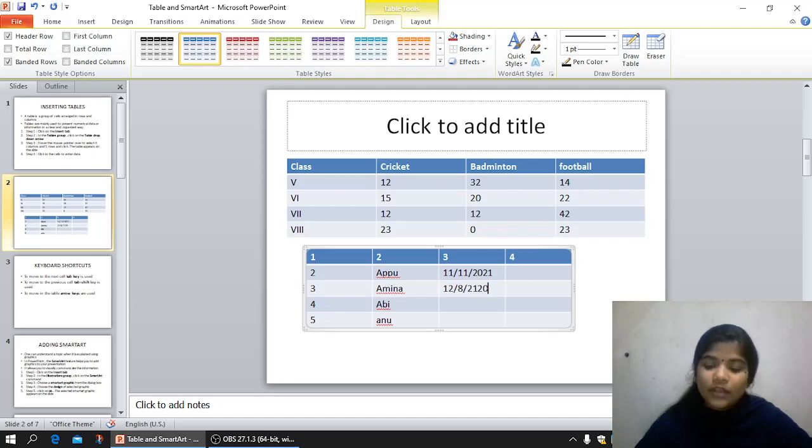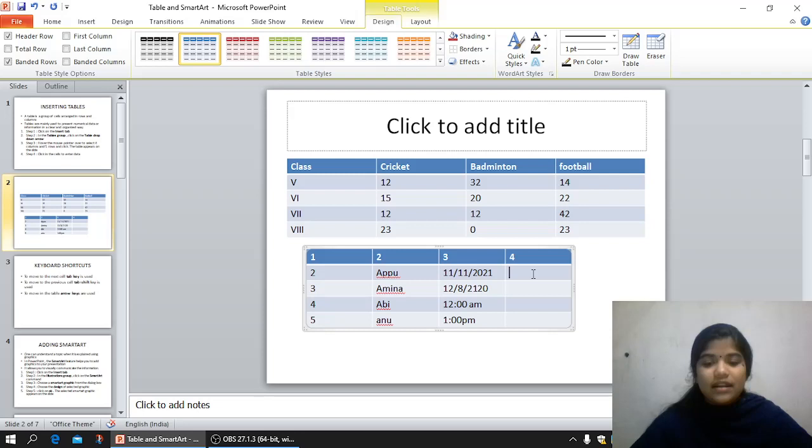You can place any date here, and if you need to enter any time, then you can enter the time also. Then if you need to enter any address, you can add that address inside our cell.